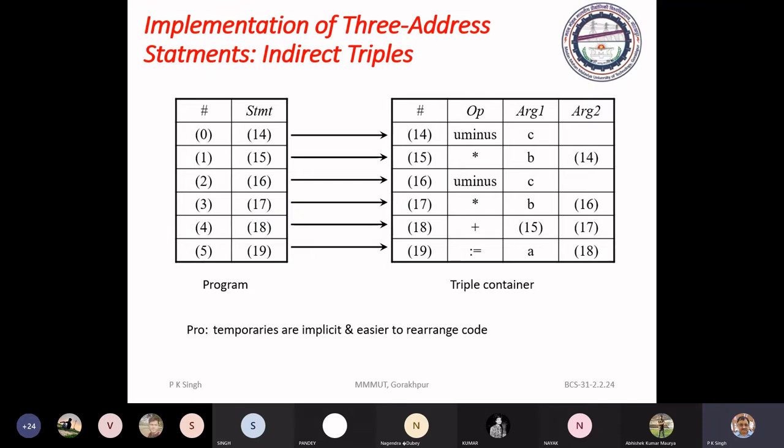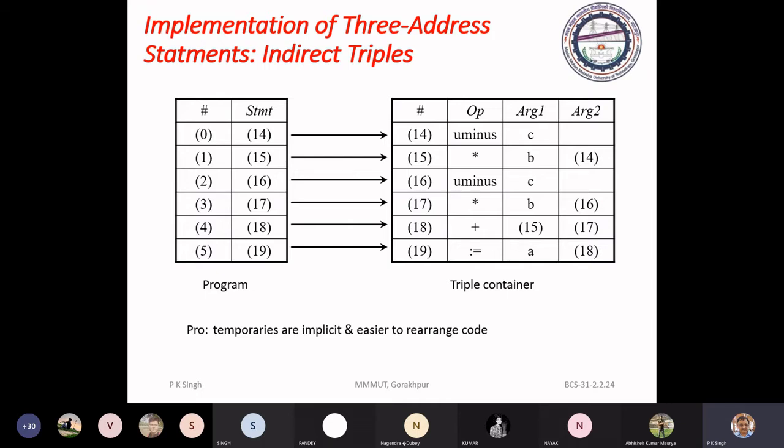to improve the efficiency. After generation of the three address code, we have to further process these three address codes for various purposes like optimization, code generation. So we have to refer to these three address codes very frequently.